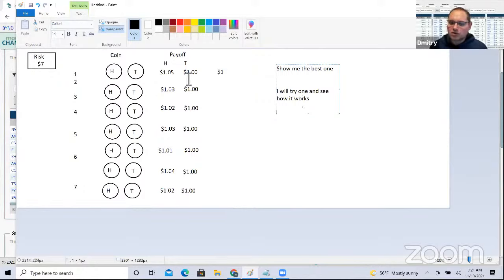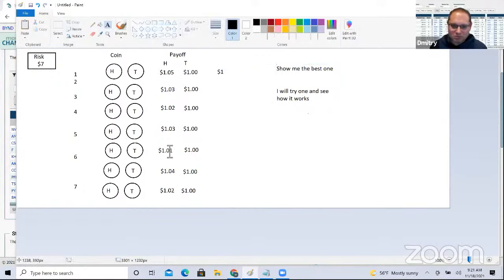Or what do you mean you'll just try one? Are you just going to pick one of these and do one? It's the same thing, right? Because then you're not really understanding risk, right? You're not really understanding it. So that's one example I wanted to show, and I think people are getting it.